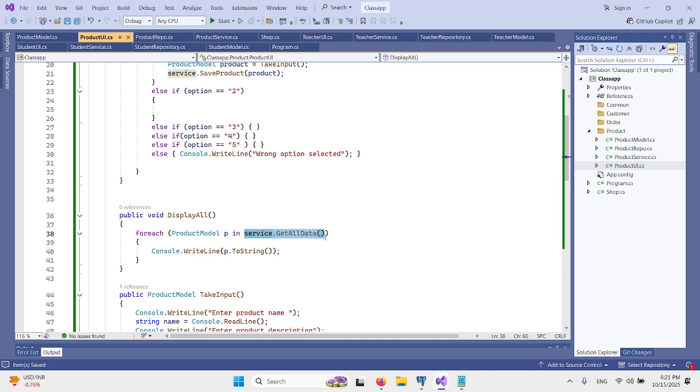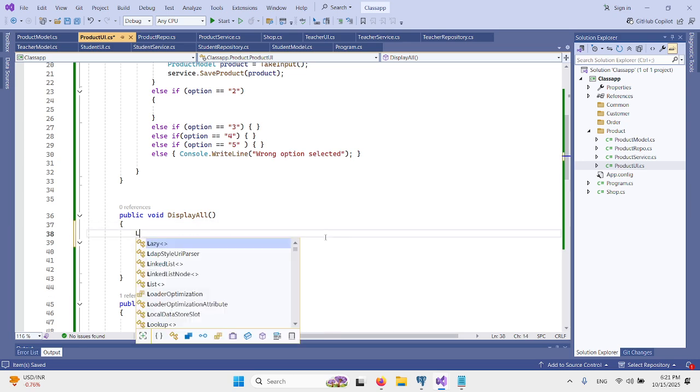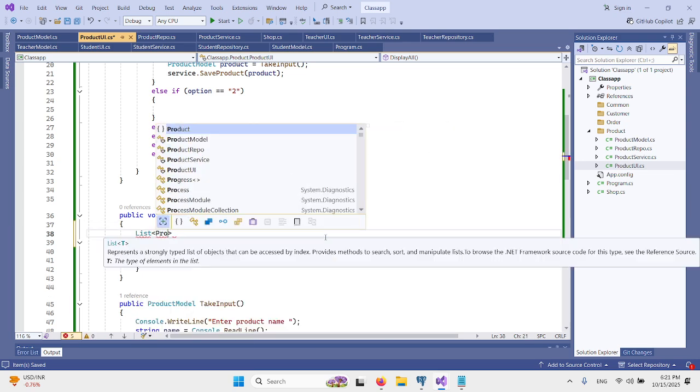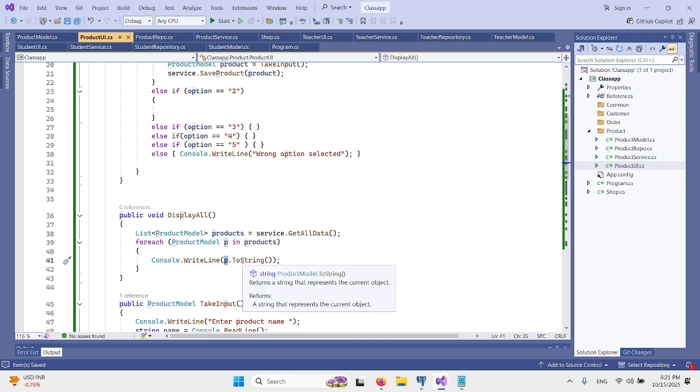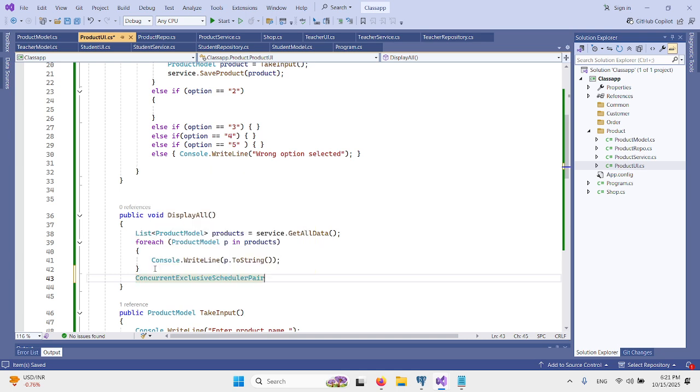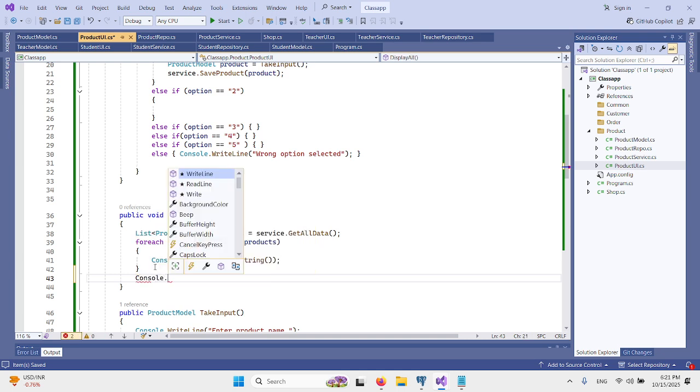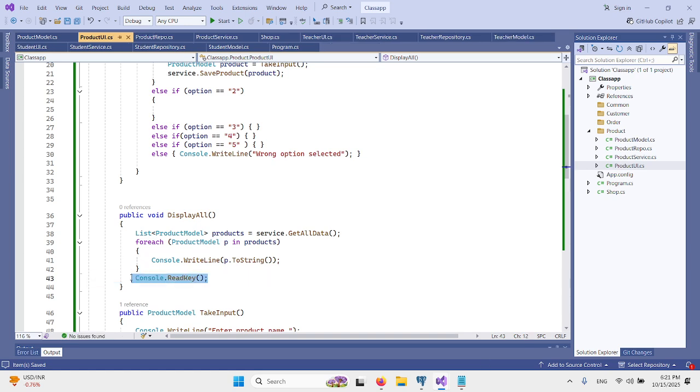The service function will be called and it will return the list. This function will return the list. You will store it, loop on the list, and every time call toString on the object. We do it like a console dot read key, so after displaying all the data on the console, it holds the result.